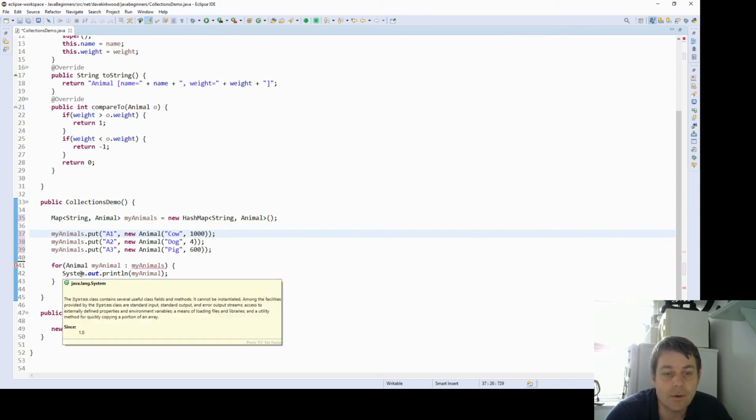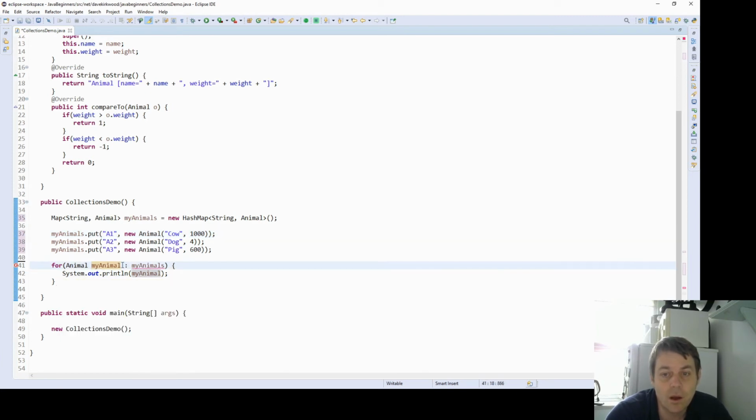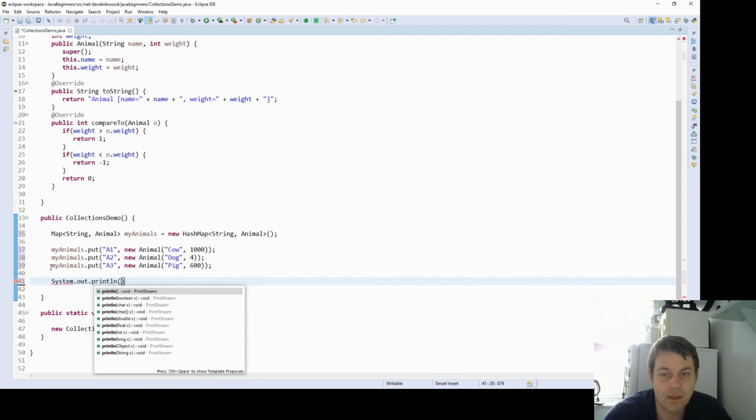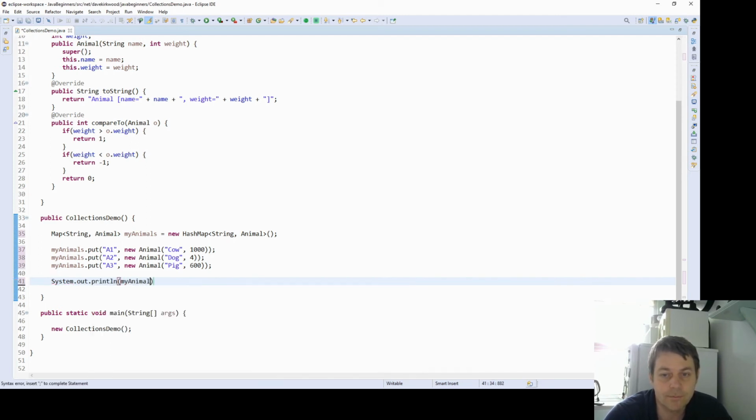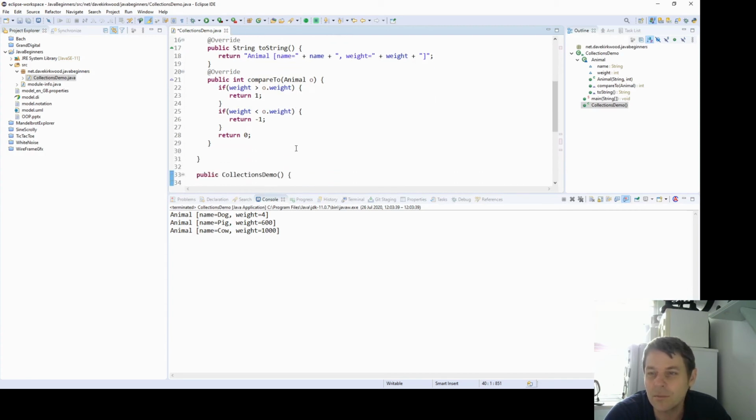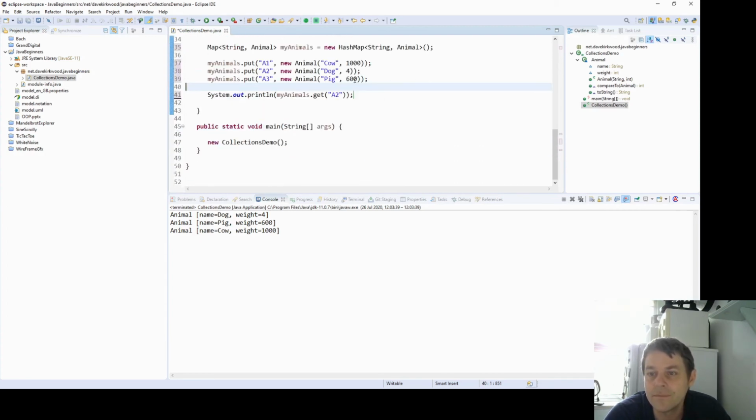as a name. Now hash maps are really efficient ways of storing things, and rather retrieving things. So if I say System.out.println my animals get, and then I give it the key. So if I say A2, in the most efficient way possible by using a hash function, it's going to get the animal stored at A2. So this should print the dog with a weight 4,